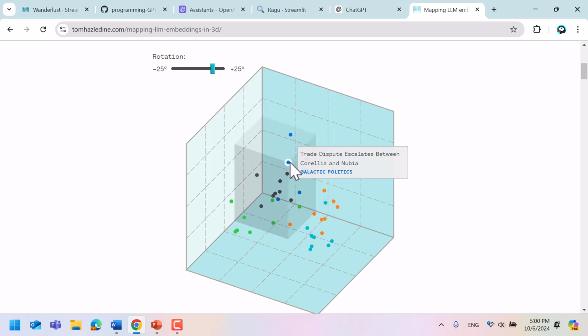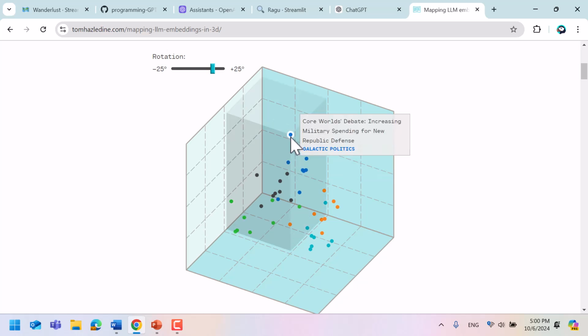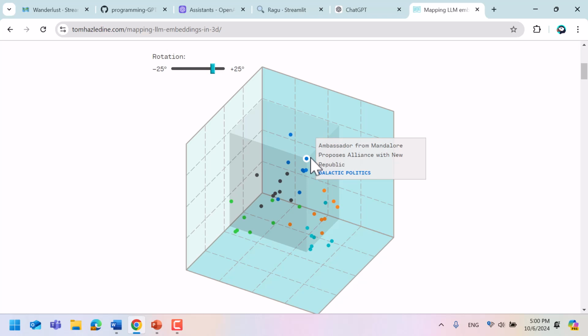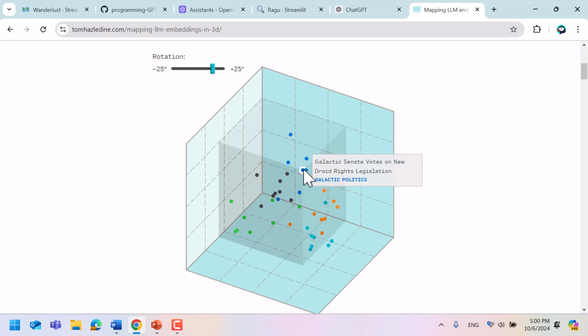Here you have galactic politics, trade disputes. So you can see how those different phrases have essentially been grouped, clustered into different topics that are semantically similar, or belonging to the same category. So this is what's happening here.